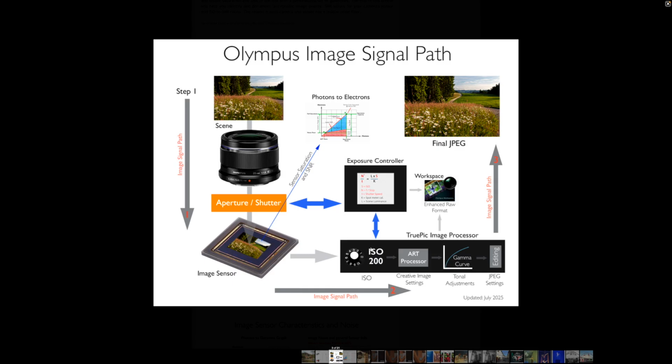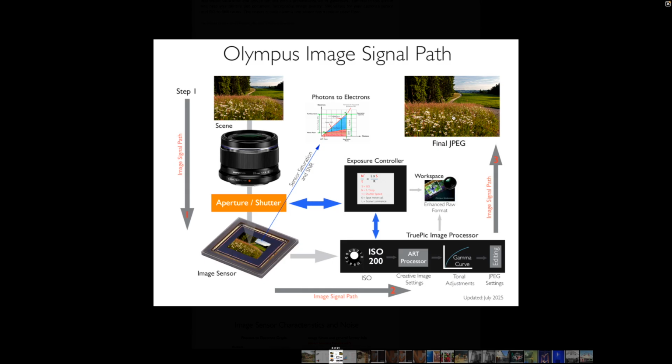This is one of the unique aspects of Workspace: we get access to the image processing that Olympus or OM System does in the image processor, or the TruePic processor. So we can simulate this process here in Workspace and save a similar looking JPEG file to what the camera would have made from a RAW file. I'm taking the raw data, which is captured by the sensor, processed into an image and saved onto a memory card.